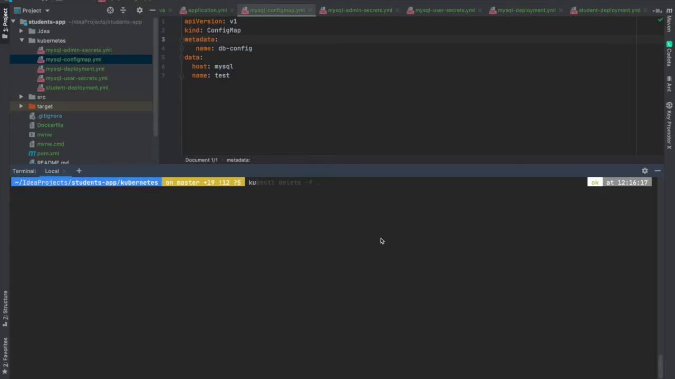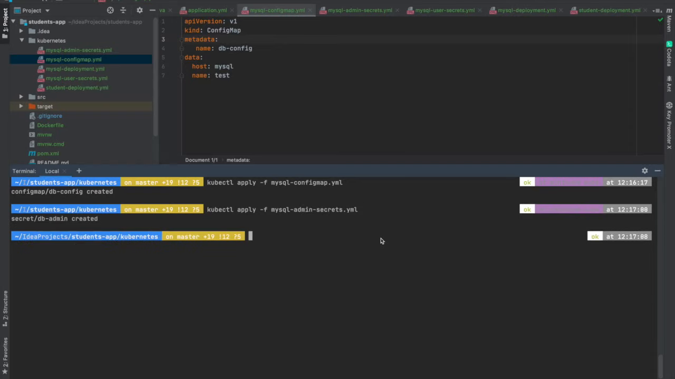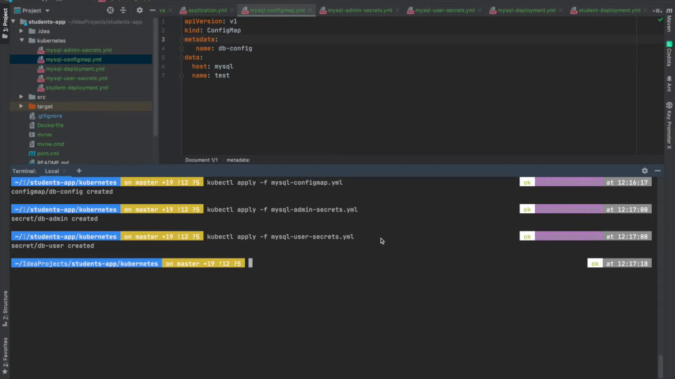kubectl apply MySQL ConfigMap. Created. Next we'll deploy admin secrets YAML file. Created. Then user secrets. Created. You can see what are created under get